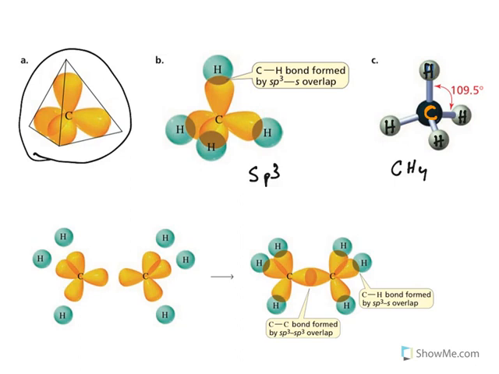Carbon has these orbitals and each orbital has an electron. This is what we have seen. A single electron is there. So hydrogen comes with one more electron. The electron is paired here. So totally 8 electrons are there, which satisfies the octet rule. So when you see the bonding between carbon and hydrogen, it is known as sp3 and s overlap. sp3 is from carbon, s orbital is from hydrogen.